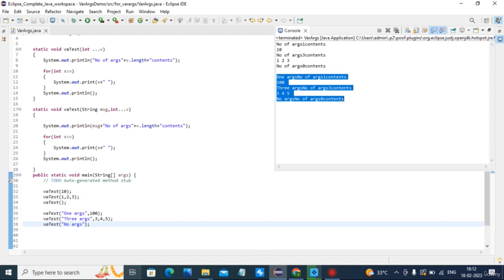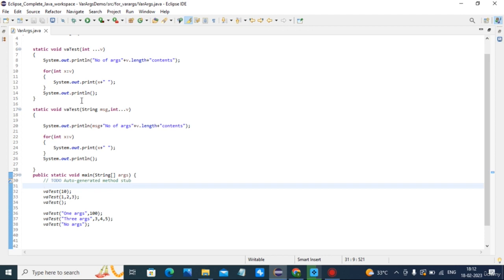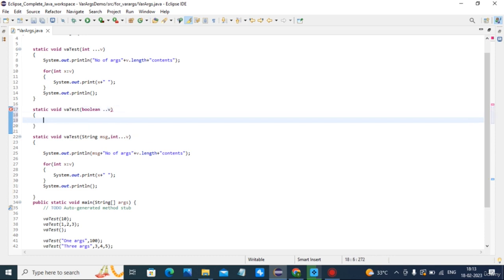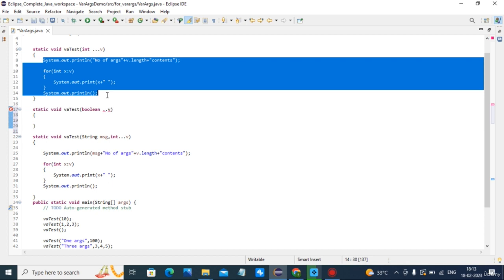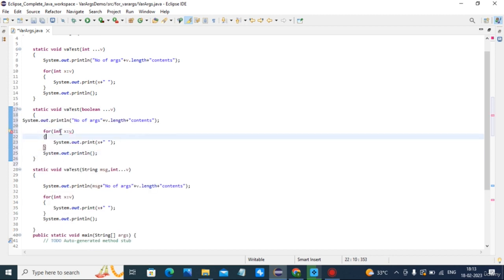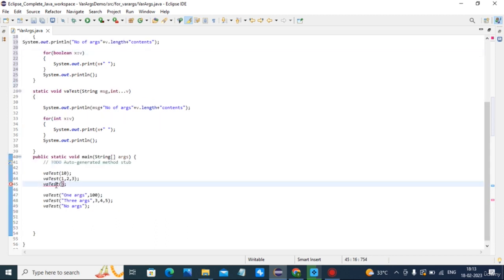So now we will add one more method over here, the boolean one that we have already seen in the theory part: static void vaTest for boolean v dot and then v. Here also only the thing will be different, that boolean will be the parameter. So I pass here boolean, and while calling I pass no arguments.